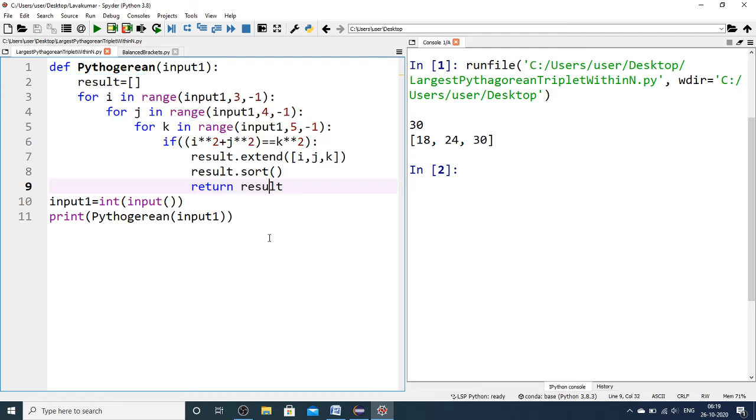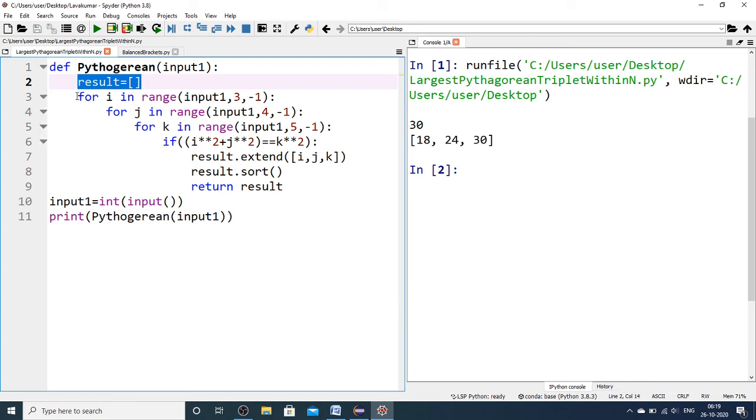I am using the same logic here also, only syntax changes. I am reading the input and then calling the Pythagorean function by passing this input, and then I am initializing result as a list, which is nothing but an array in Python.